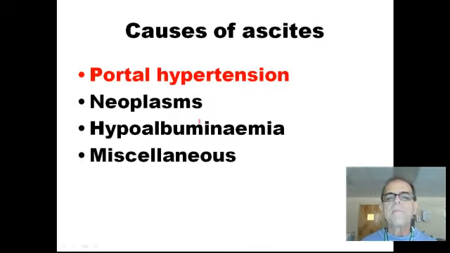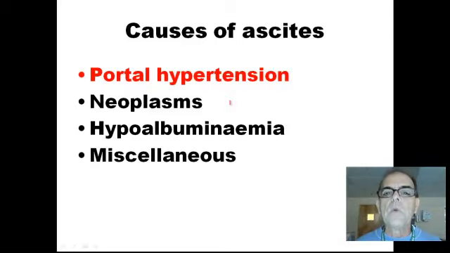Cause of ascites: the principal cause of ascites is the portal hypertension, and the principal etiology of portal hypertension is cirrhosis of the liver. Other causes: neoplasms or tumors, hypoalbuminemia, that is a little quantity of albumin in blood, can also produce ascites, and there are other causes, but the most important cause of ascites is the portal hypertension,